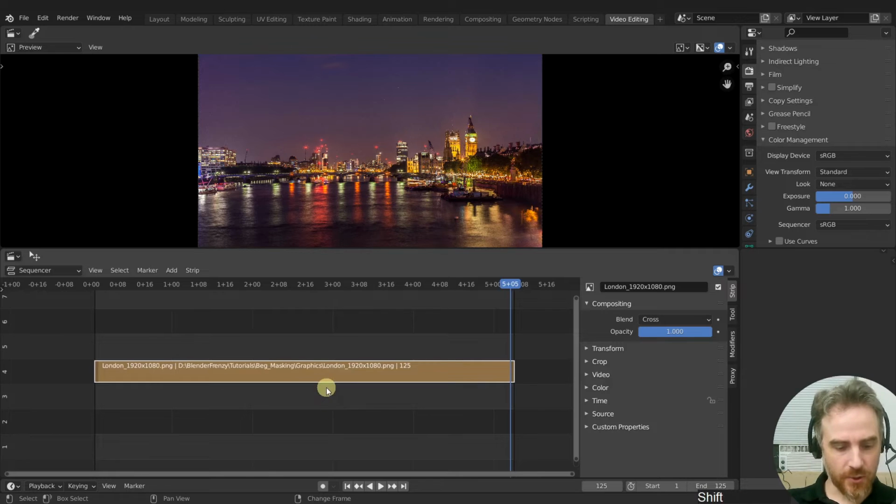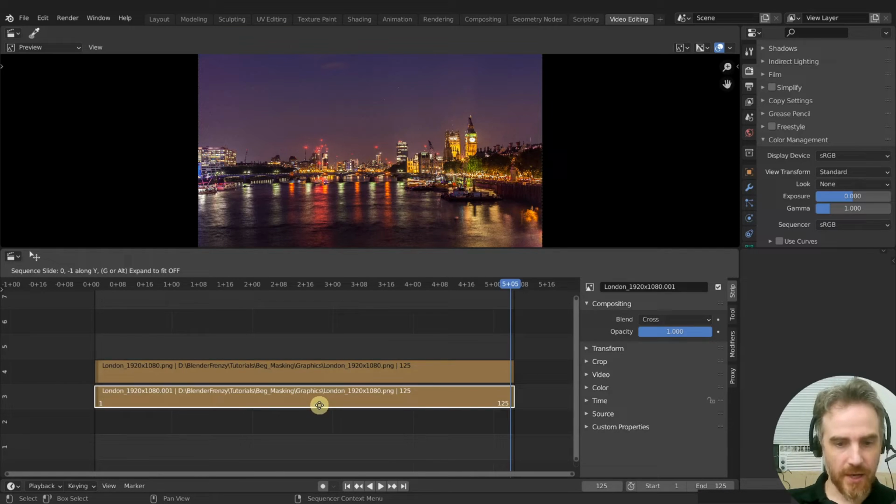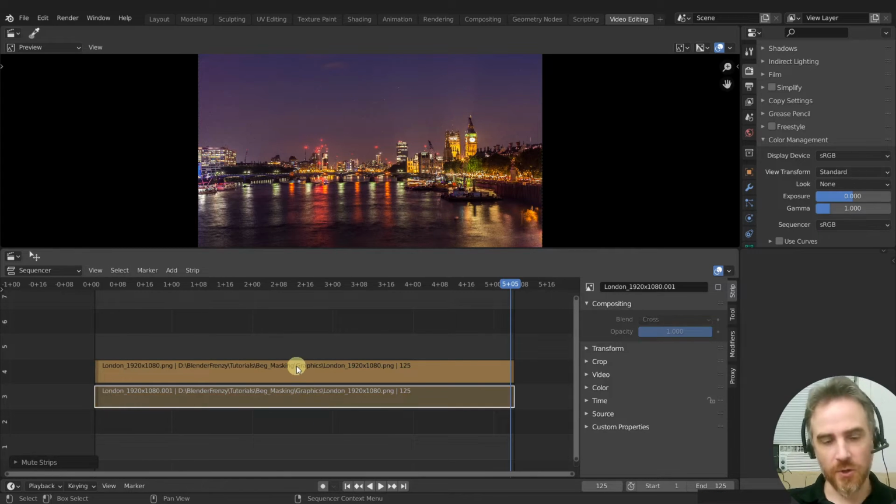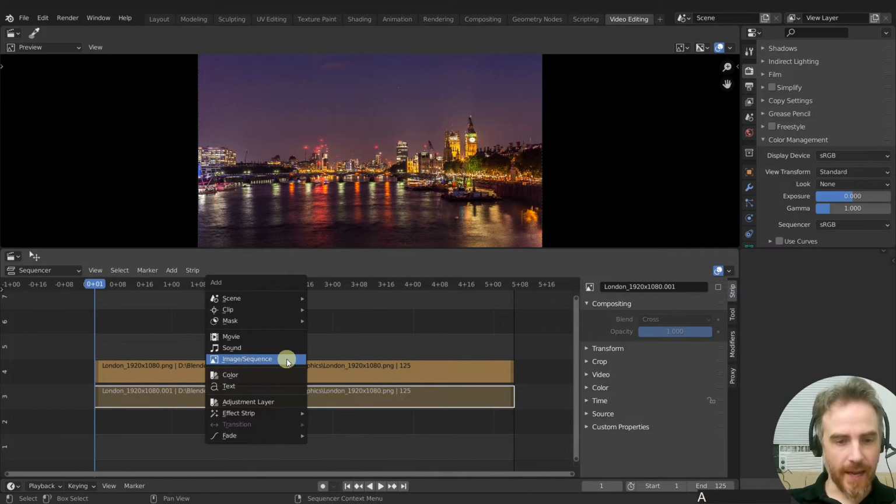And then I'm going to duplicate that by Shift D, press Y to constrain it to the Y axis. Just move that down here. And then I'm going to press H to hide that because we're going to use that later. Okay, so let's go back to the beginning, and then I'm going to Shift A and add in a color